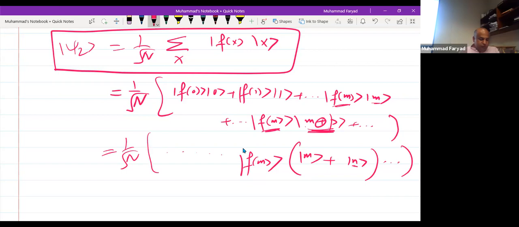Now, suppose when we do measurement, this f register collapsed to this state f of m. Then my output right after this